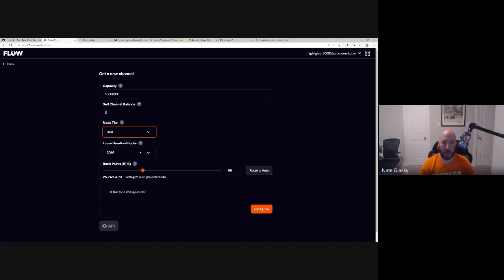And then duration in blocks, so it's sort of a contract that you're asking for. So 2016 blocks is 2 weeks. So basically, whoever you're buying from, if they close the channel within 2 weeks, they will get punished by the auction service, meaning that they won't be able to sell for a time frame. So you can pick the duration here. The 2016 duration has the most volume on the order book. So if you want to get matched quickly, that's probably the best one to use.